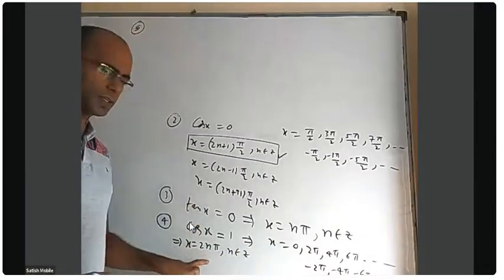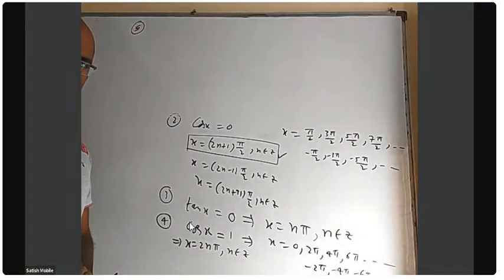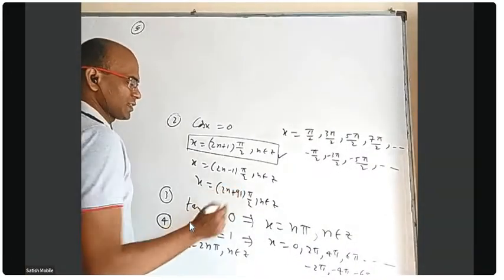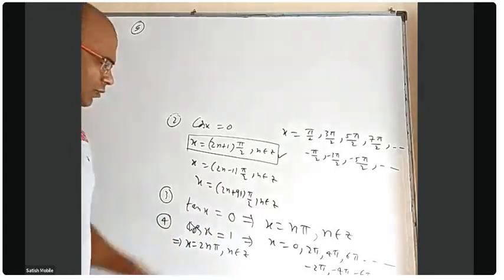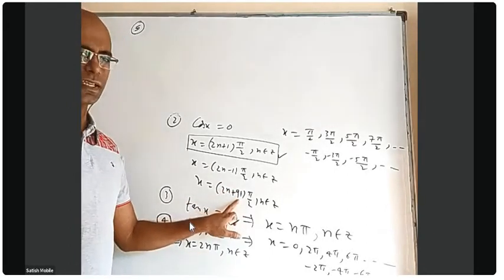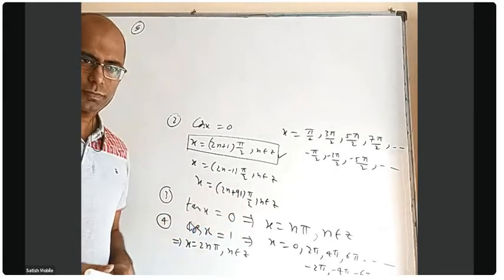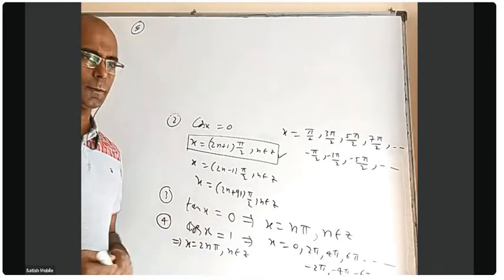Sir, what you wrote for this cos x last one? This is just 2n pi, that's it, n belongs to z. Sir, no, sir. Cos x, second point. This one I just wrote 2n plus 1. I was just saying it should cover all the odd numbers. You can write 2n plus 5, 2n plus 15, any odd number you can write. I just took an example. Yes, sir. Understood.